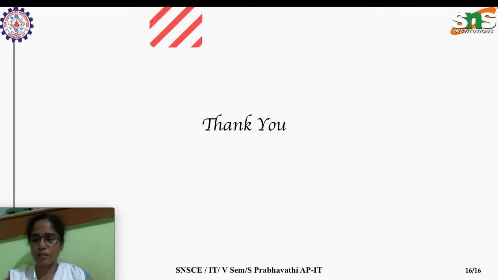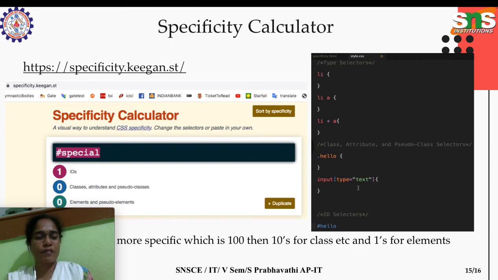Okay, so that's it about today's topic, and let's have a quick summary. Today we have discussed different ways of having a style sheet in our HTML document. One is inline, two is internal or embedded style sheet, number 3 is external style sheet. Then we have seen rule cascading and inheritance. And I have taken you through a little demo of inheritance and specificity. And final word, please visit this site and learn more about the specificity of HTML elements.